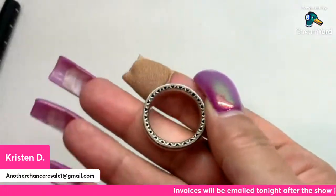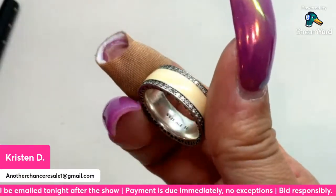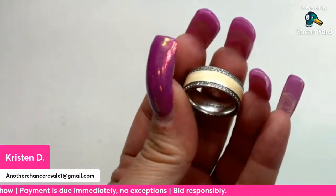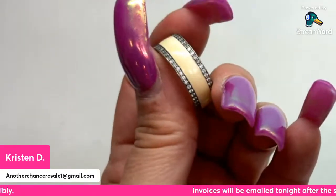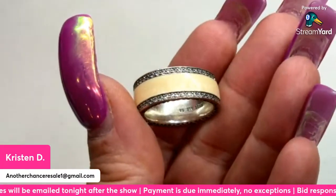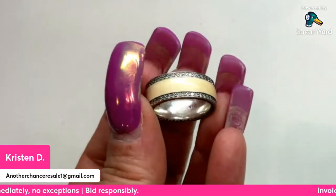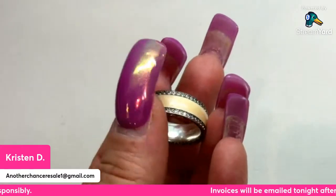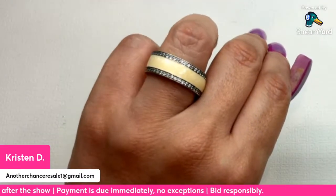It's a honker ring. It's a lot of sterling here. Cubic zirconia and enamel. Pandora. All right, leave it just for a few seconds. All right, we shall pass